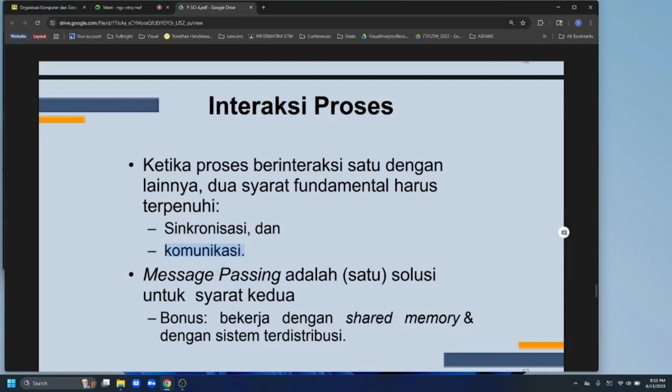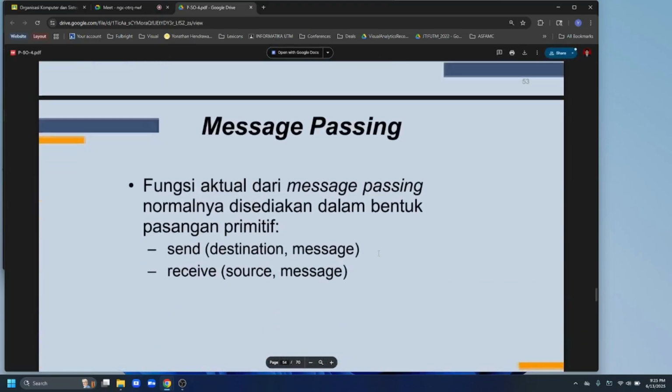And it has the bonus feature that it works in shared memory and in distributed systems too. Message passing, the actual function, is normally provided in the form of a primitive couple. The first one is send, with the destination and the message, and then receive, with the source and the message.